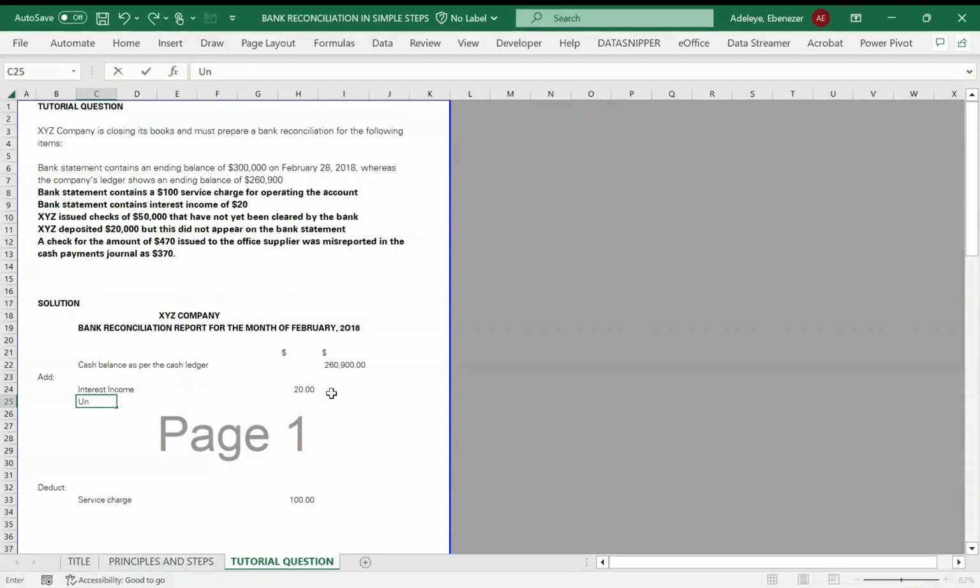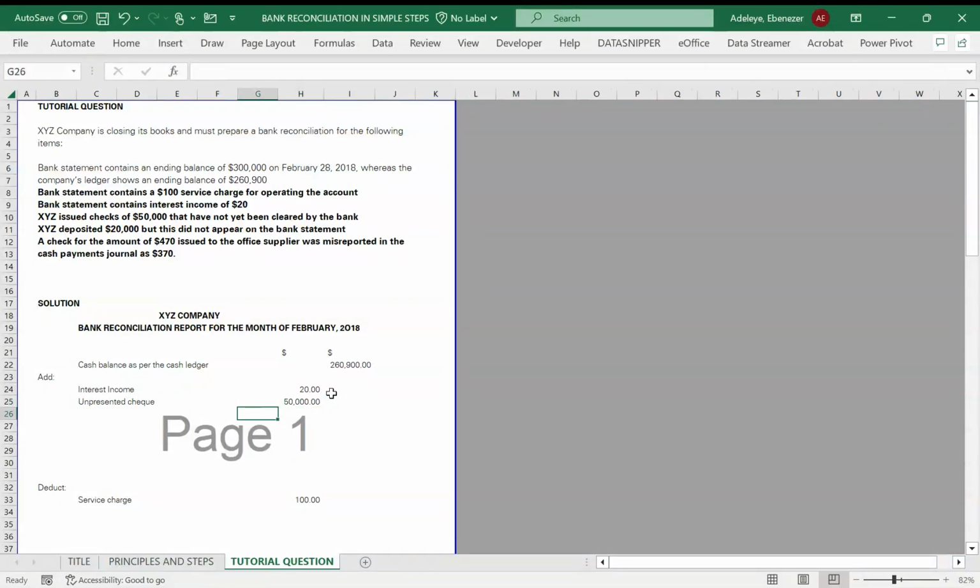So we have unpresented checks, $50,000. The fourth information is XYZ deposited $20,000, but this did not appear on